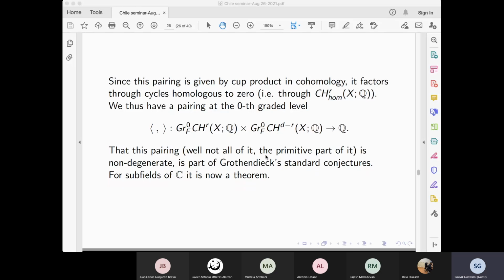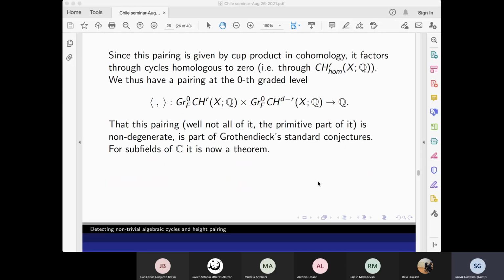And it's an important pairing in the sense that the so-called primitive part of this pairing is non-degenerate, at least for subfields of C. But in general, this is one of Grothendieck's standard conjectures. So for characteristic p, this is still open, whether this pairing is non-degenerate or not. Okay,